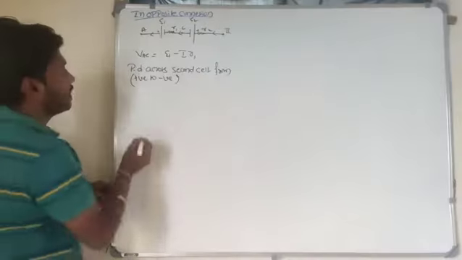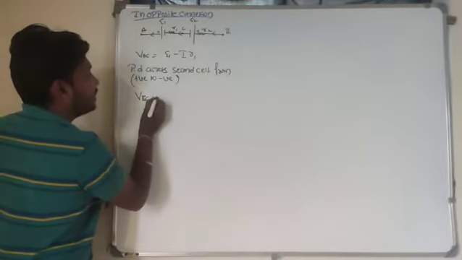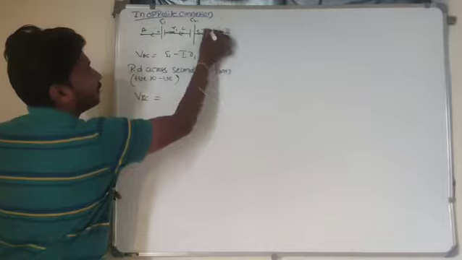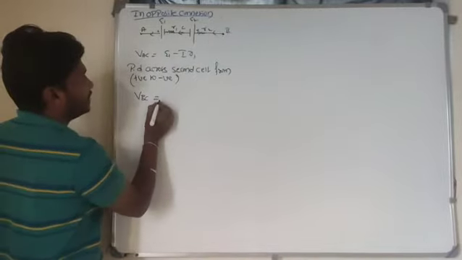For the second cell, B acts as the positive terminal and point C acts as the negative terminal. So I have to find the potential difference across the second cell from positive to negative terminal, that is V of B to C. V of B to C is equal to...